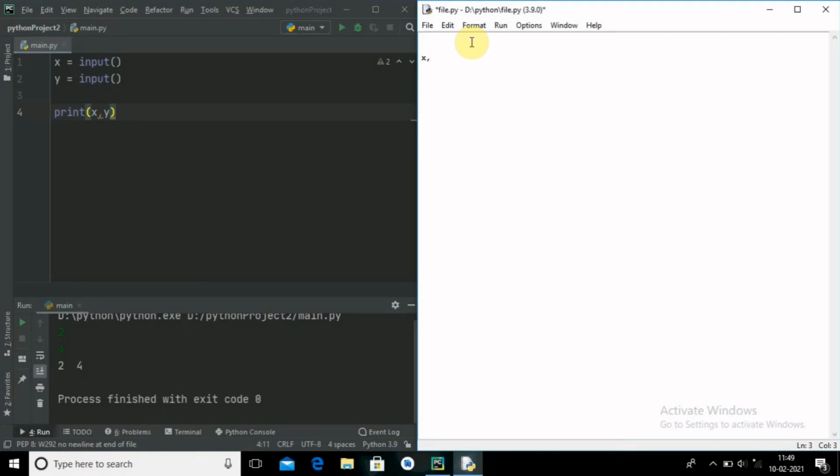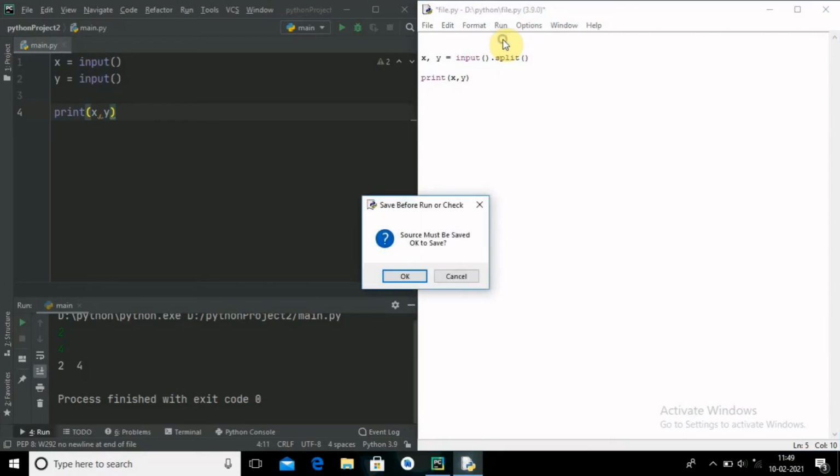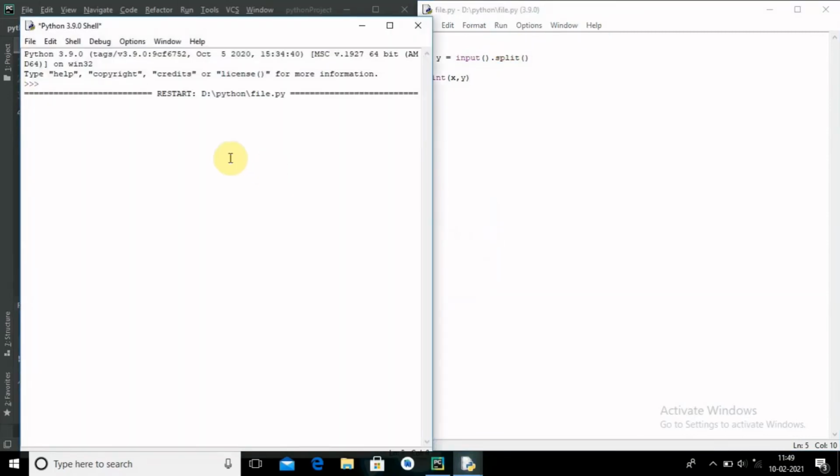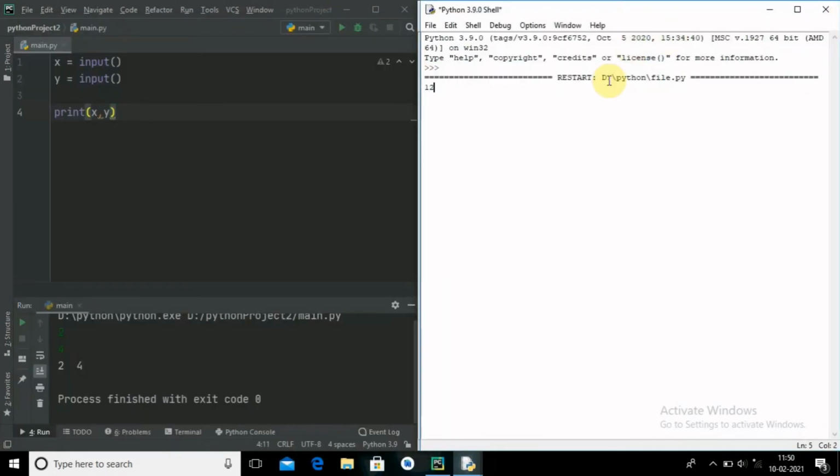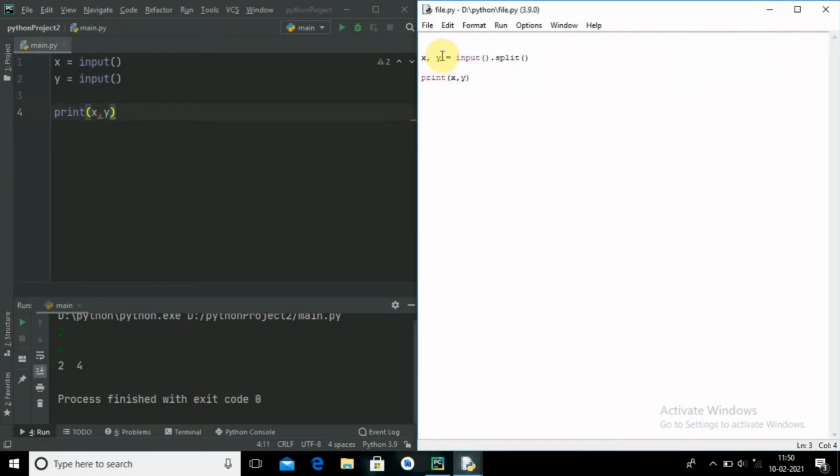First here x, y, and I will take an input here dot and split into 2 parts. Now you can see. Now let me show x, y. You see, when I run this, here I will write 12, 13, giving some space, 12, 14. Here you can see 12, 15. Not only this, you can give multiple inputs too. Let me show.